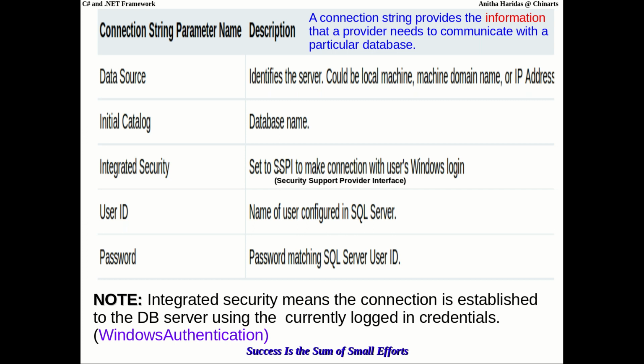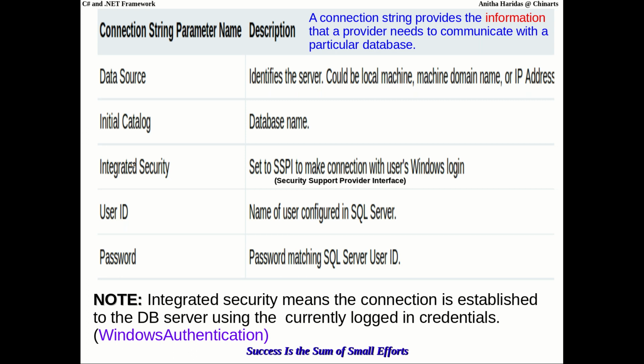If you give SSPI, whatever is the Windows username and password, that will be used as the user credentials to connect to the database. I repeat, if the integrated security value is SSPI, then your Windows username and password will be used as the credentials for connecting to the database.